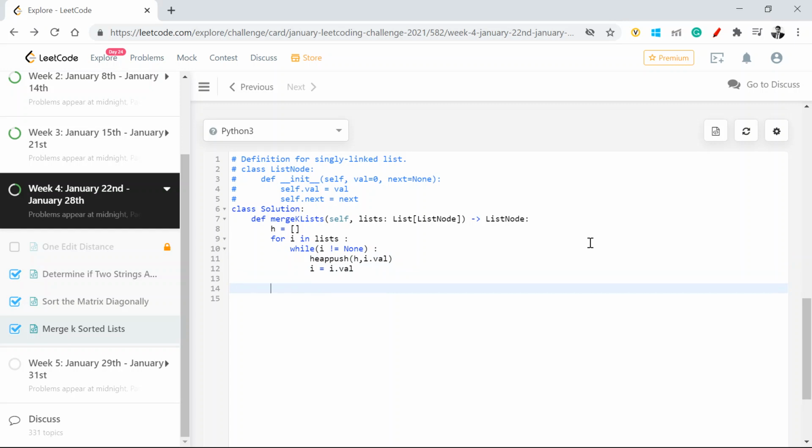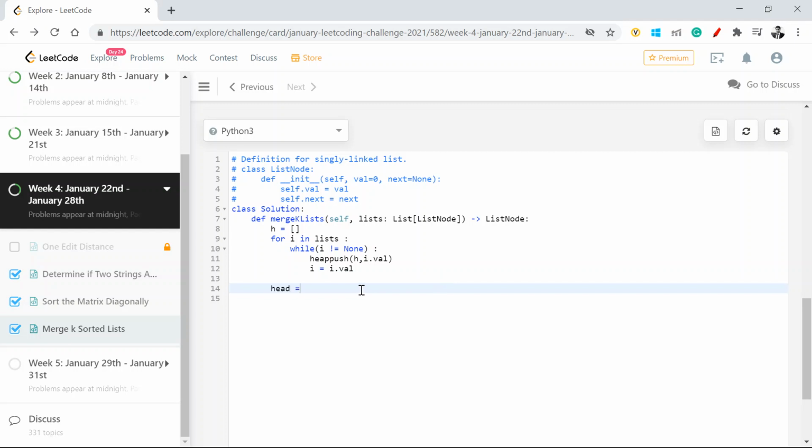Whenever I keep on adding into the heap, it will heapify in the background and always try to bring the minimum value to the top. So the next step which we did in the C# code, which was to sort it, I don't need to do.